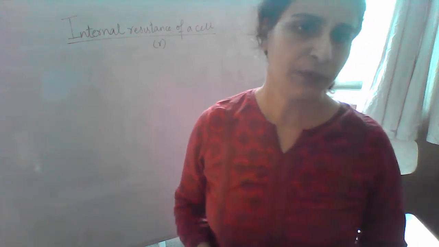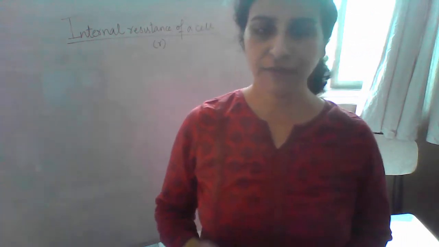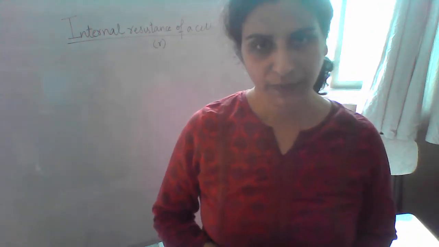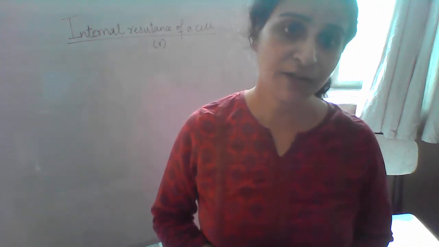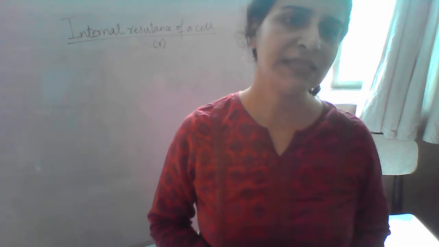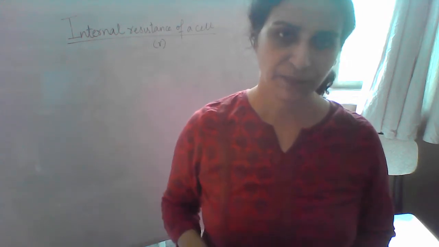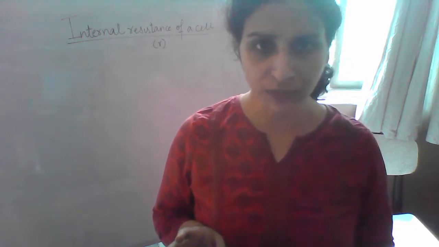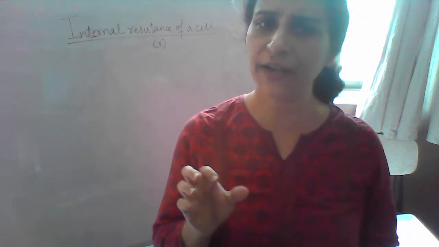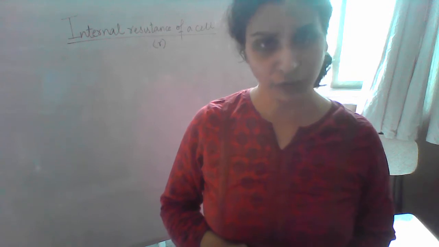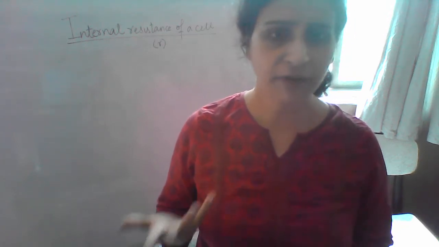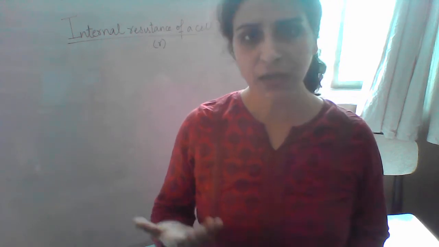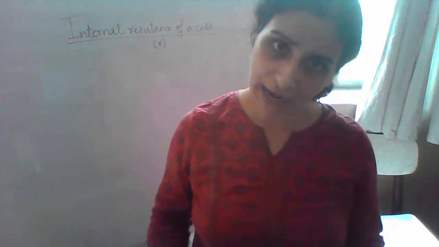After a few days you will observe that if we have a dry cell, initially it gives me 1.5 volts. Every cell has a shelf life. Supposing I see the cell after 6 months, or maybe after a year I didn't use it, and I see the voltage across the cell, I will observe that it might give me 1.3 volts or 1.4 volts. I will wonder why, when I have not used it at any time, it is still giving me a lesser voltage than what it should ideally give me.